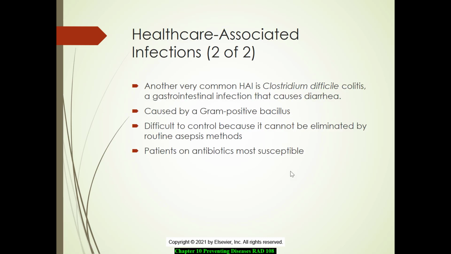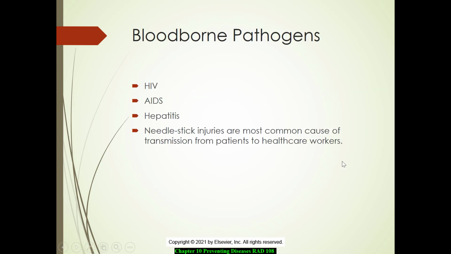So with healthcare-associated infections, you also see that those disease processes that we talked about in the previous chapter come into play. With those, just remember, most treatments are pretty successful with antibiotics, but there are about 20% of patients that will relapse and have some more debilitating diseases that occur because of that. So one of the things that we really want to concentrate on is how do we protect ourselves from those disease processes.